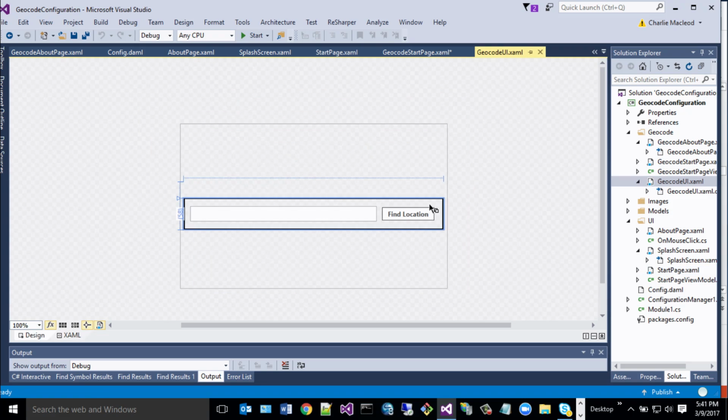In this case, for our geocoding workflow, I've got this little user control here. It's got a text box. We'll type in our address or parcel number or whatever. And then when I push this go button here, it's going to execute the geocode. In the code behind,